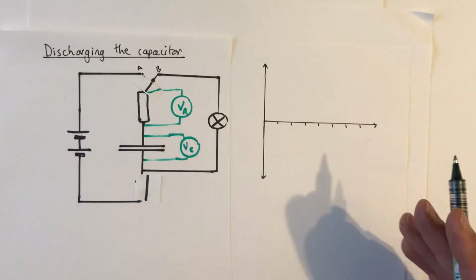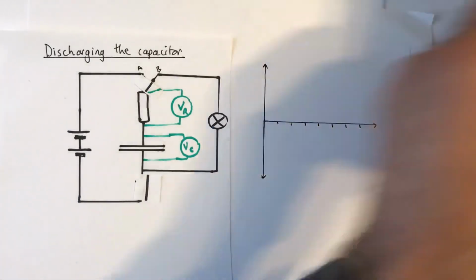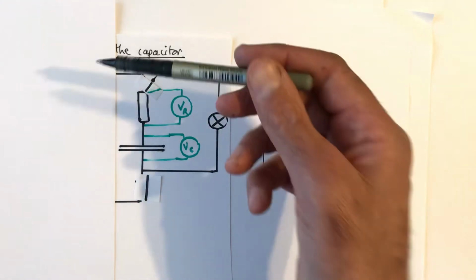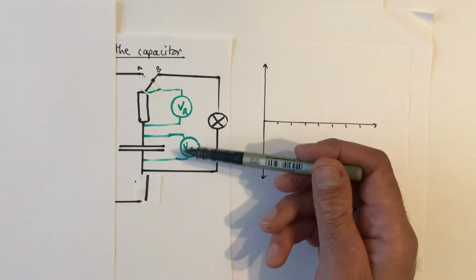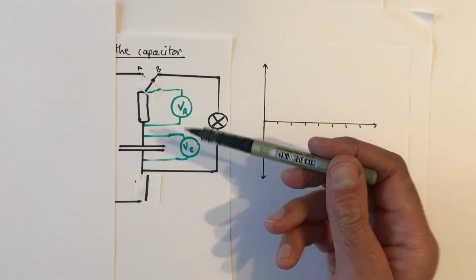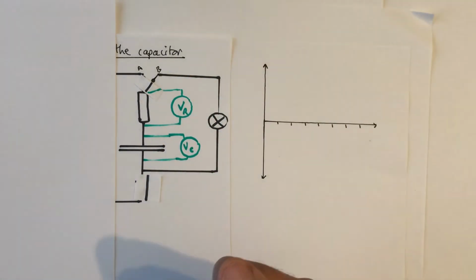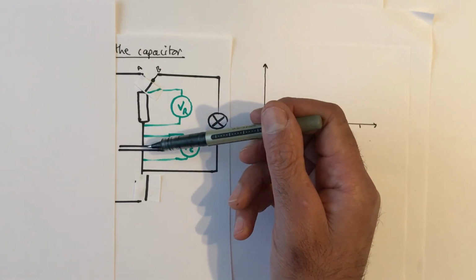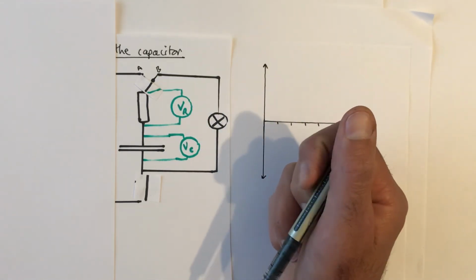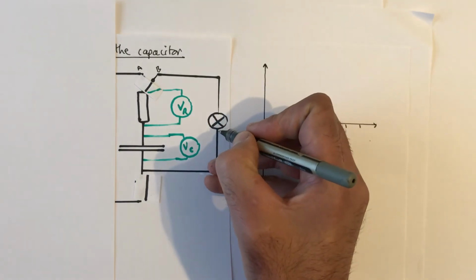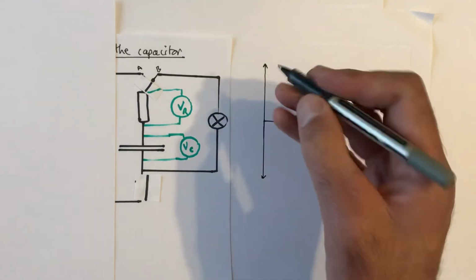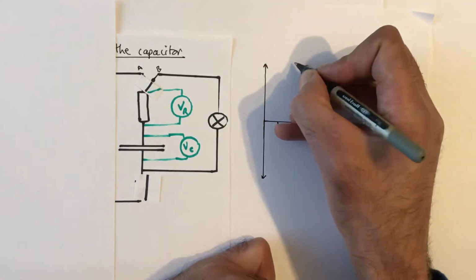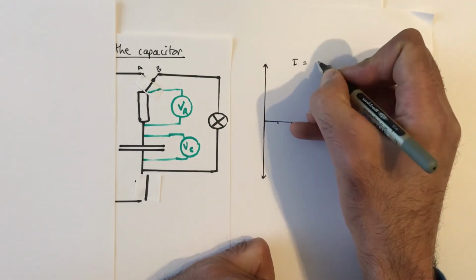So what would happen now is we can essentially completely ignore the charging side of the circuit and say, here we've got a new circuit. The charged capacitor is going to be the source of voltage in this circuit. So it is going to provide the charge in the same way that a battery would in a circuit. And charge is going to flow off the capacitor, and it's going to flow through the resistor. Now, because we've now got a second resistance in the circuit in series, we're probably going to have less current than before. So we'd have to do the same thing and say, the size of the current is going to be,